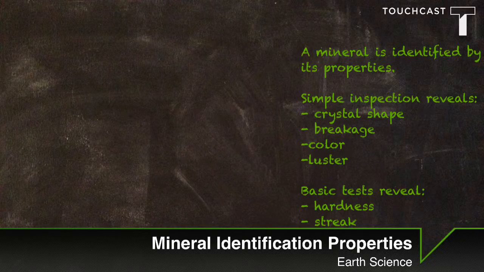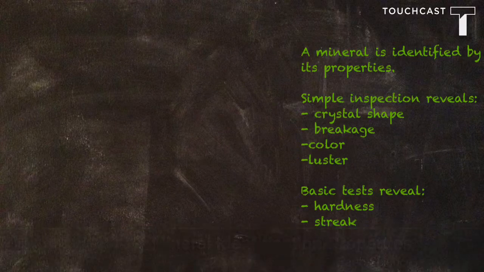Today we're going to talk about mineral identification properties. A mineral is identified by its properties. You can do this by simple inspection or basic tests. Simple inspection will reveal the crystal shape, the breakage, which is the cleavage or fracture of the mineral, the color, the luster, or you can perform a basic test such as hardness test on the glass plate or streak test